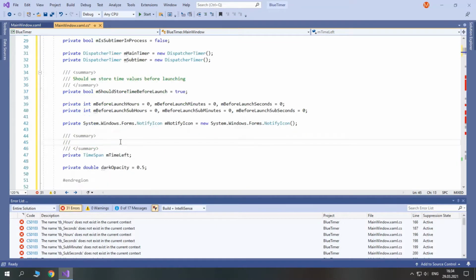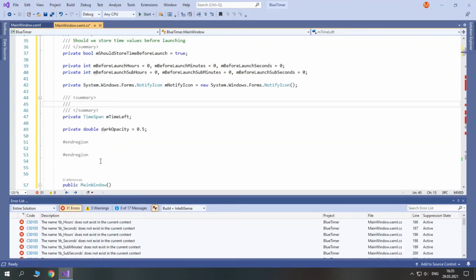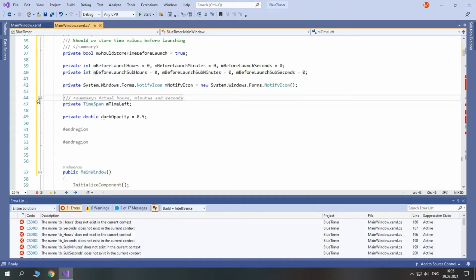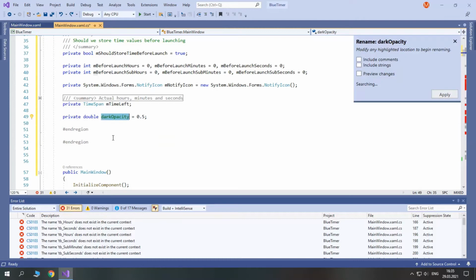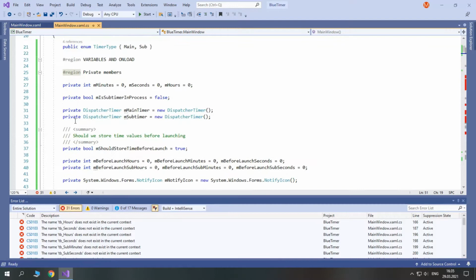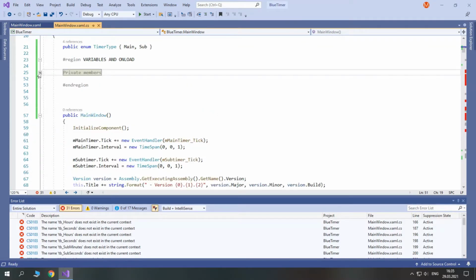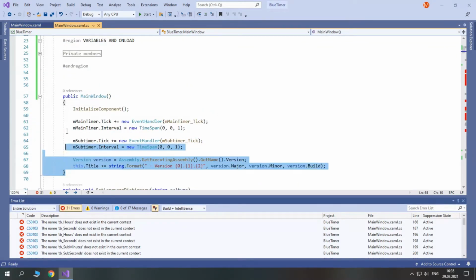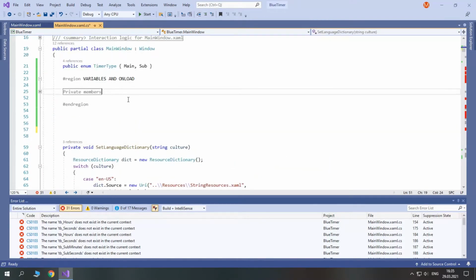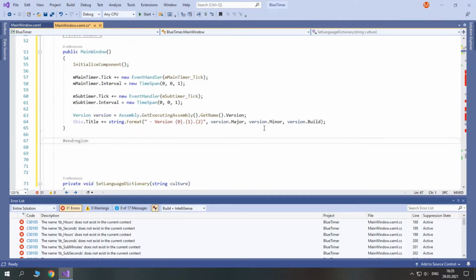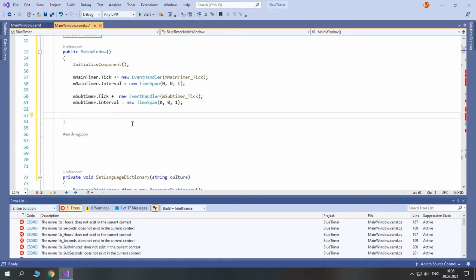So I'm going to greatly simplify the process that our timer has to go through. So actual hours, minutes, and seconds. Then let's rename this field from dark opacity to M dark opacity. Okay, we can collapse this region. Now we can move our constructor inside this region, and I guess we don't need to get the version anymore because we already specified it in the